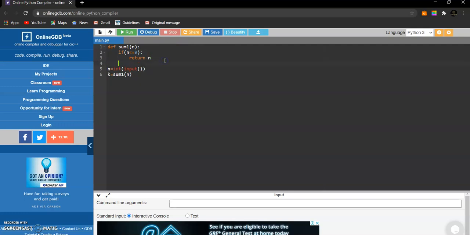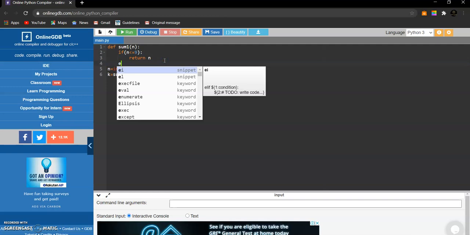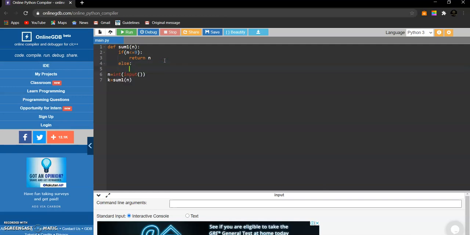If we didn't arrive at the solution, then we'll perform the sum of digits as I've already explained.